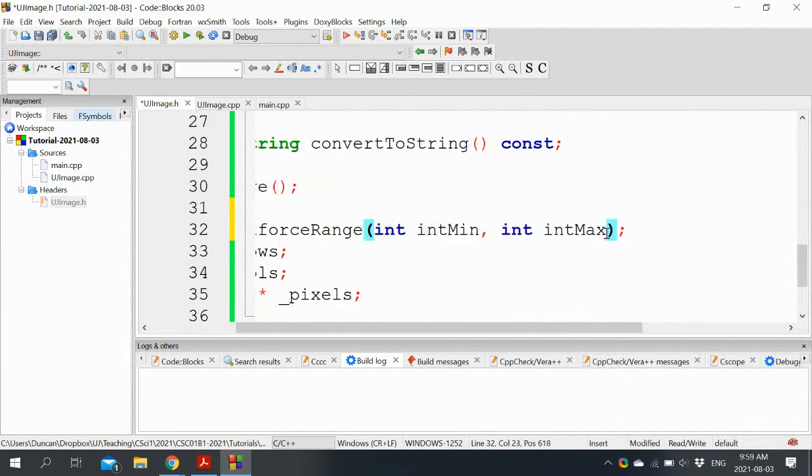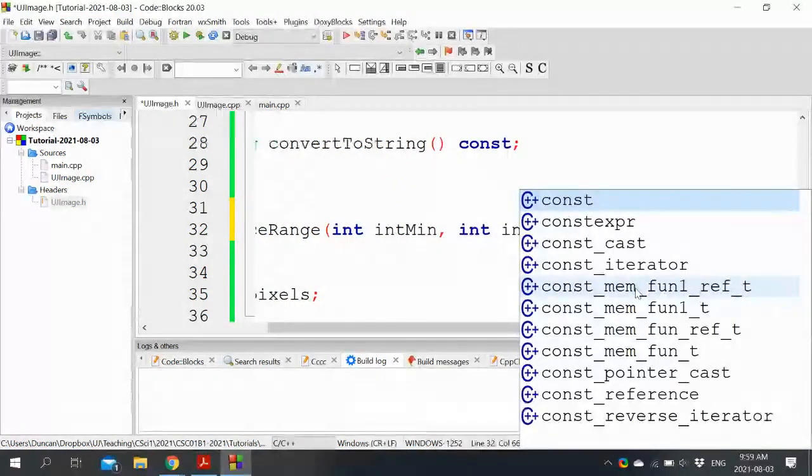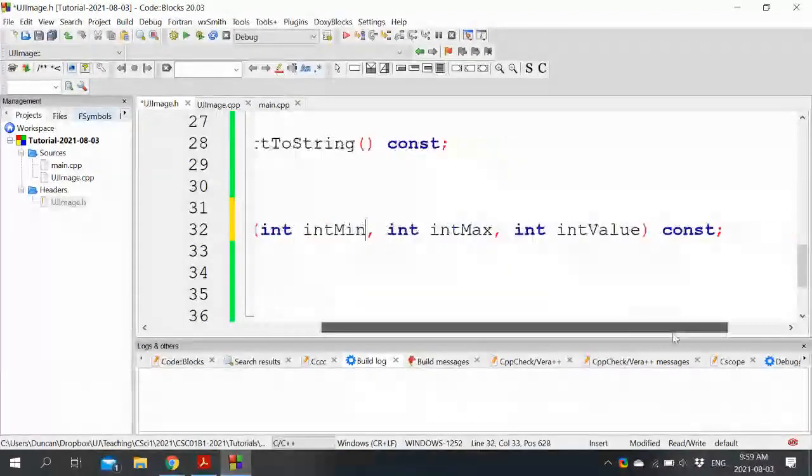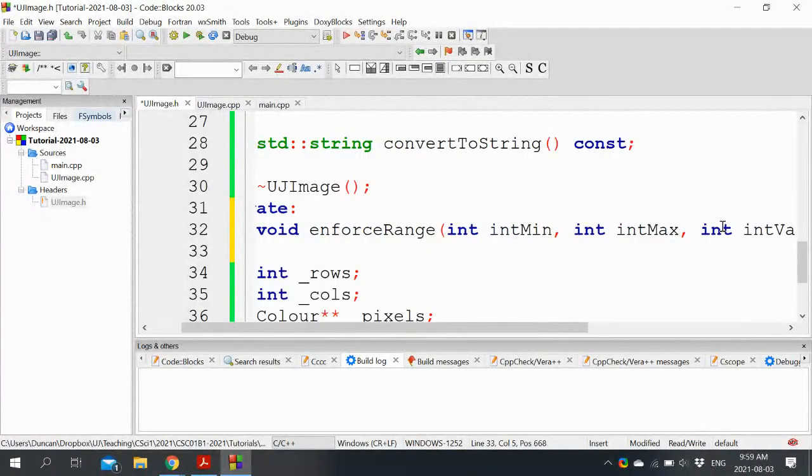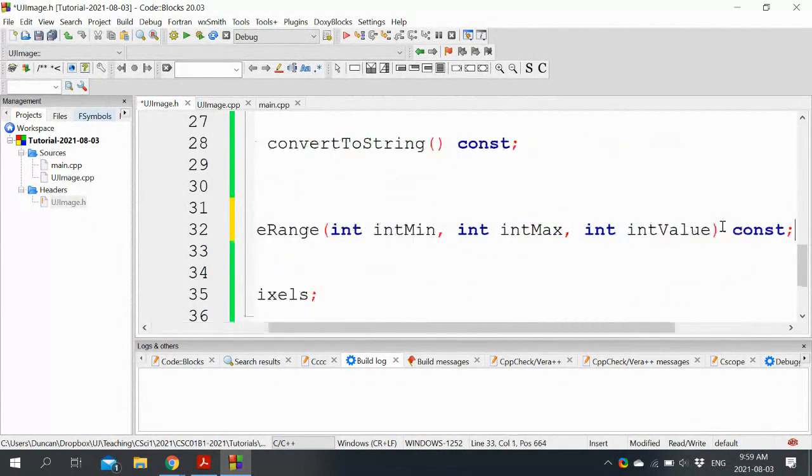Max value doesn't really matter, but that's not going to actually modify anything. It might end the program, but it technically won't be modifying the state of the object, so we can label that const as well. And yeah, I think we're good to go for now.